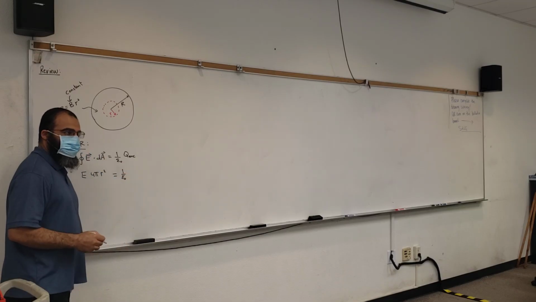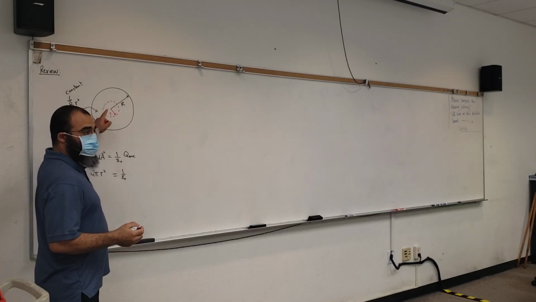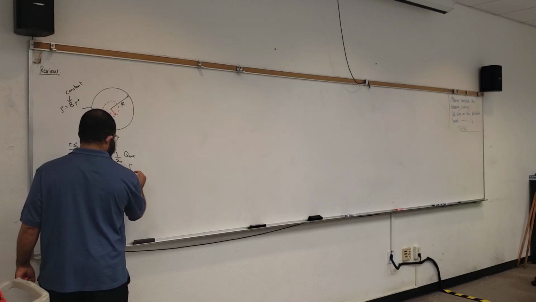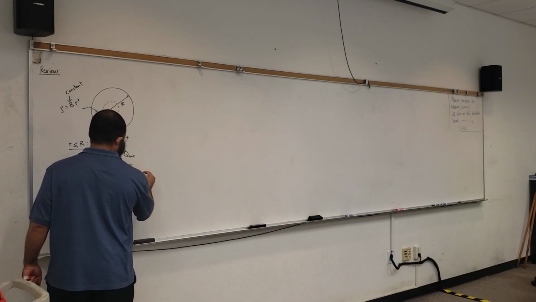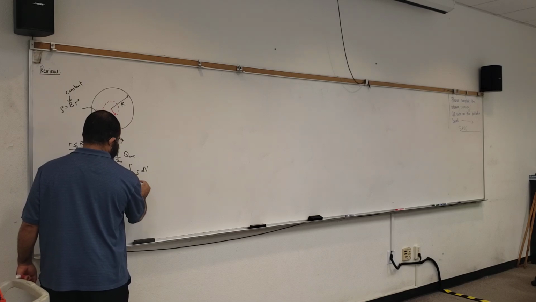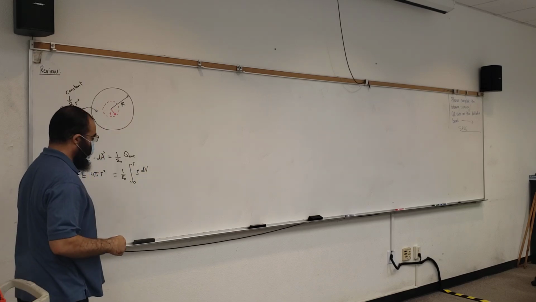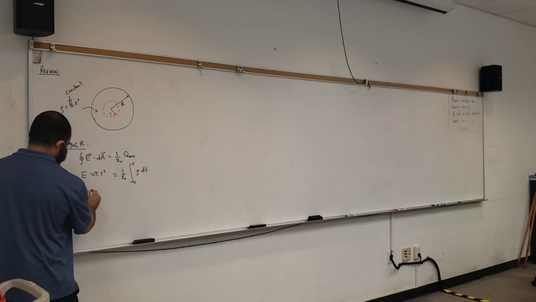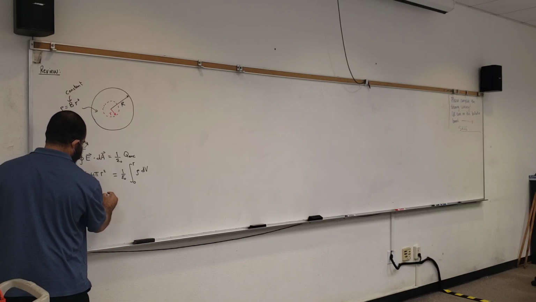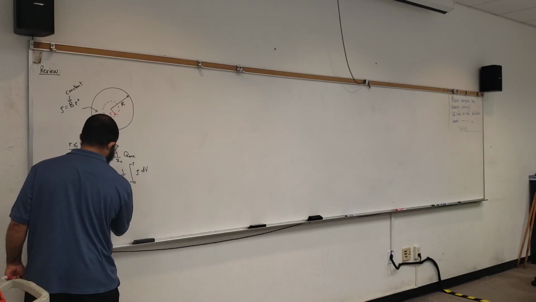Now normally, if the charge distribution were uniform, then you say rho times the volume. It's not uniform, so we have to turn it into an integral. It's going to be the charge density times dV. The integral will go from 0 to little r. So we get E times 4 pi r squared equals 1 over epsilon naught